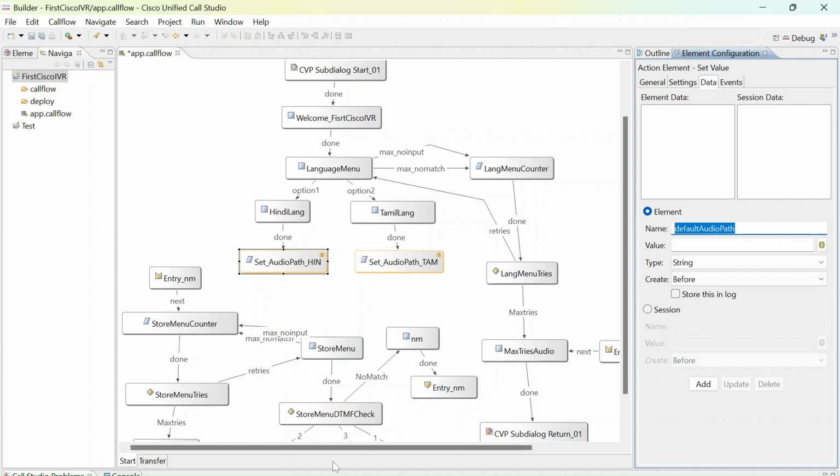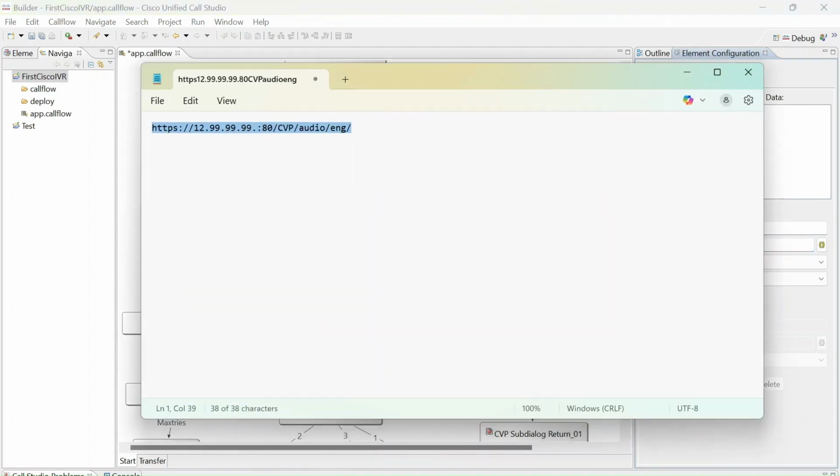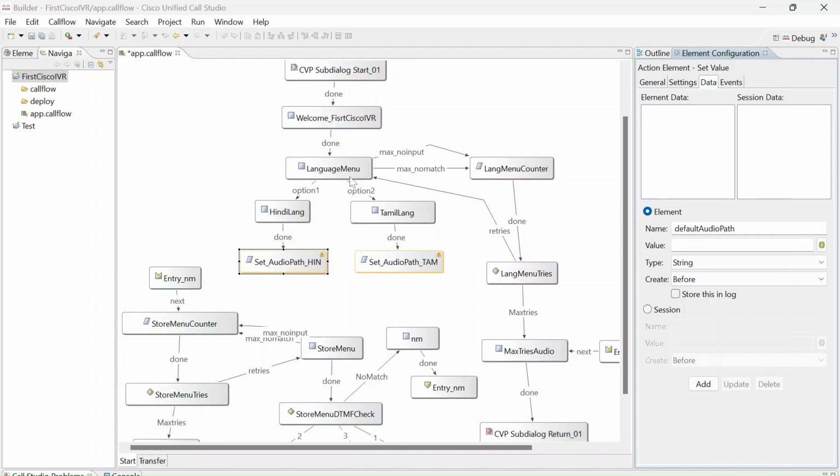So this is the default audio path. Whatever value you are putting, the same value you can put. Remember, you can hard code it like that, Hindi. So now next time when your default audio path is used, it's session data actually, not element data. Session data is